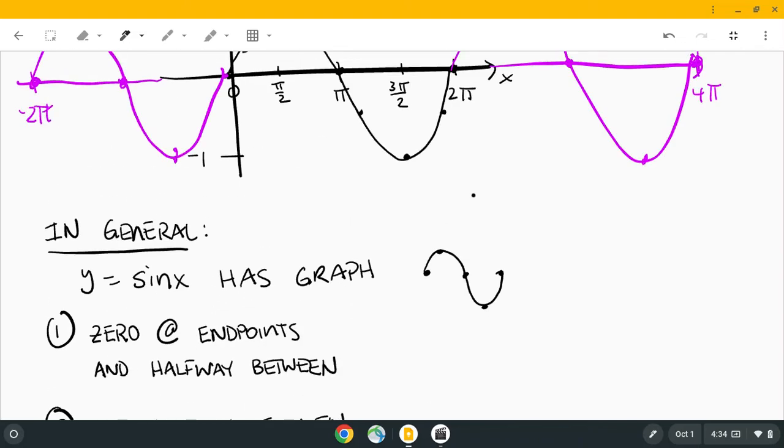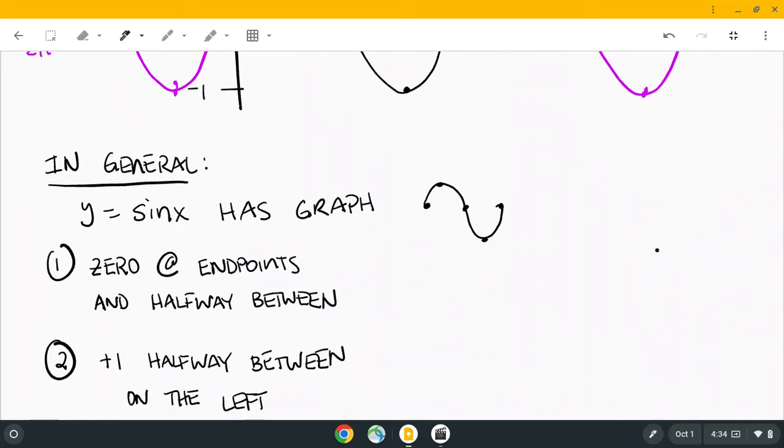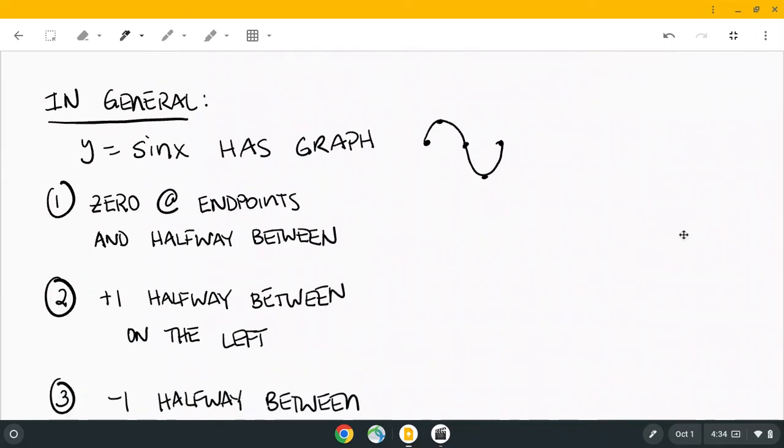And we see that here with this graph. We did one full cycle from 0 to 2 pi, and then after that, it repeats itself. You get that same wave, 0 on the endpoints and halfway in between. The first half in between, it's +1, and then on the right, it's -1. Okay, so the period